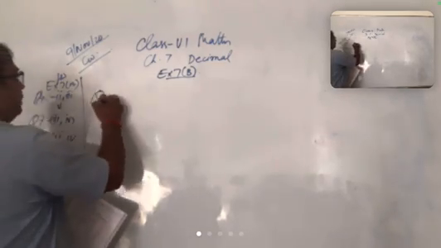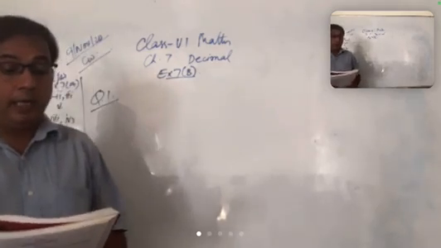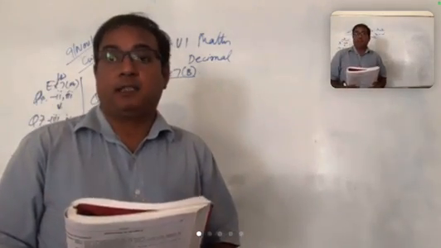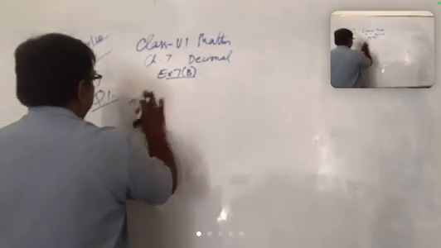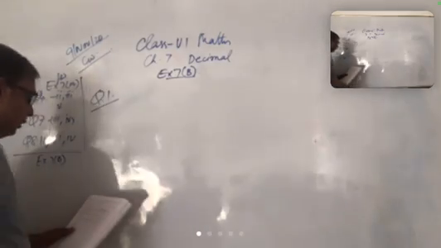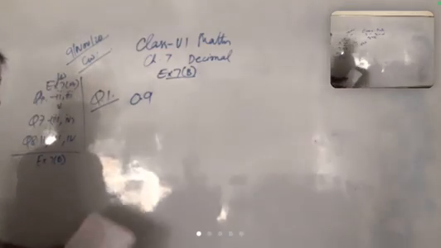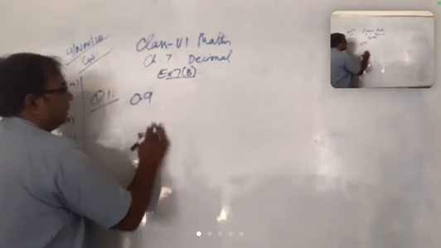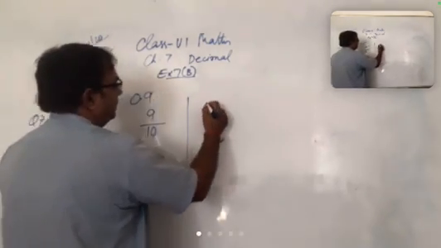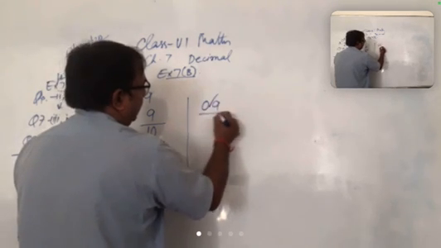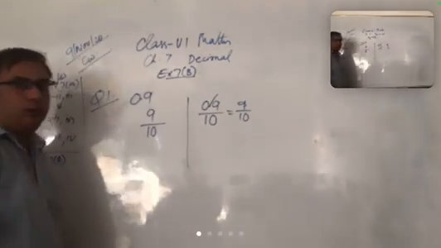So now let us start with question number 1. The question is: convert each of the following into a fraction in its simplest form. Now from here we have to remove decimals. This is 0.9 and we know that this is the tenth place, so we can directly write 9 upon 10. Or if someone wants, see 0.9, remove the decimal, put 1 and after that 0, they can write 9 upon 10. It will also work.